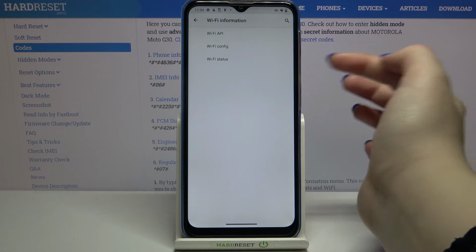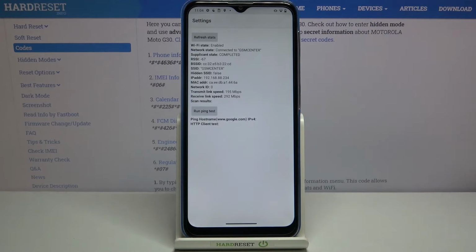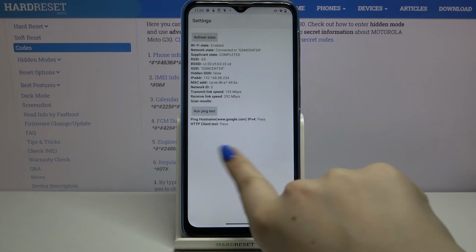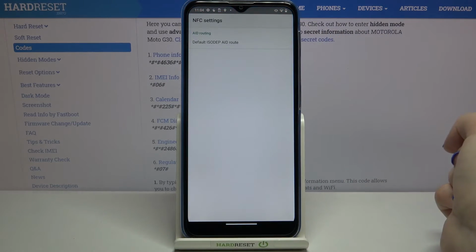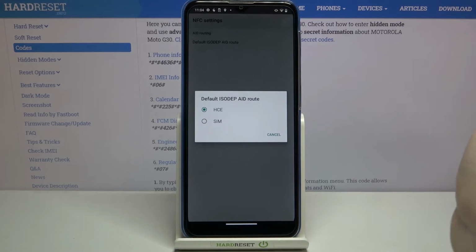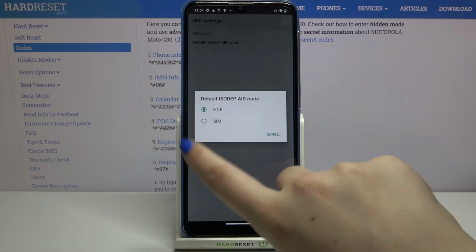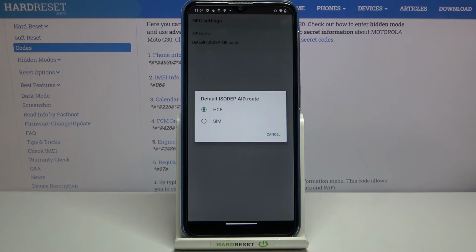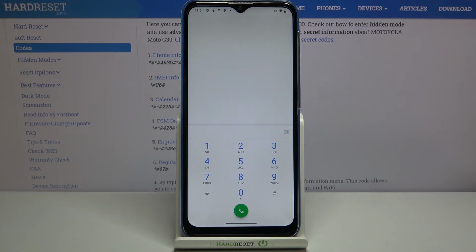Here we can check API configuration and the status, for example. Let's refresh the stats, and as you can see, we can check the Wi-Fi state, the SSID or network ID. We can run ping test also. Let me get it back and let's check NFC settings. Let's tap on it, and as you can see here, we've got the info about NFC settings, the AID routing. After tapping on it, we can change the options from HCE to SIM. Let me get it back because that's all for this code, and let me show you another one which will